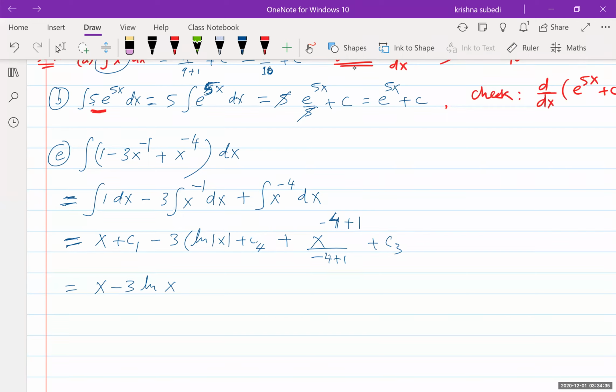I can write this way, 3 ln x plus c2 plus this one. So x minus 3 ln x, and this will be plus, minus x power -3 over